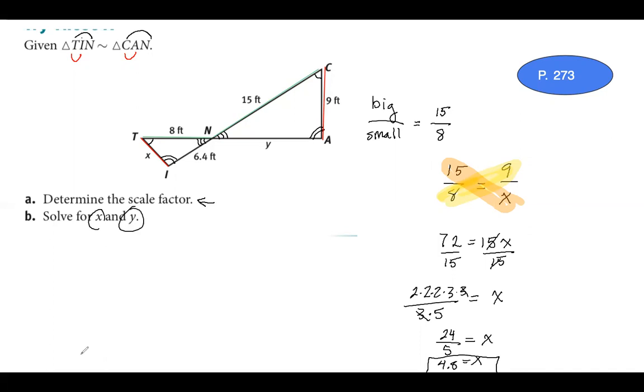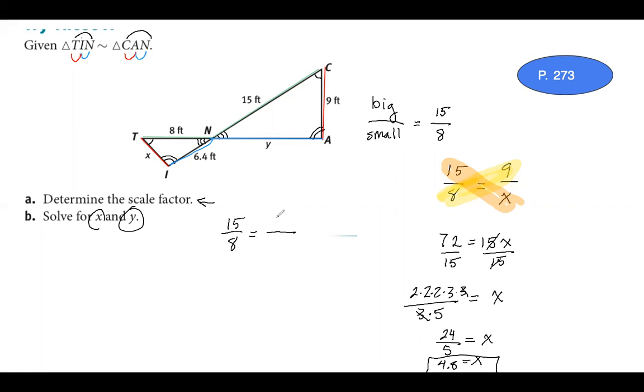They also want to know what is y. So we need another set of corresponding sides. Y is side NA. Oh dear, I keep forgetting to pick my line tool. So I'm looking for the corresponding side to side NA. So NA or AN are the last two letters in this description, so they're going to be the last two letters in this one. So IN. And you probably knew that because it was the only side we hadn't chosen yet. So those are corresponding sides, NA and IN. So let's set up another proportion. I'm going to use 15/8 again